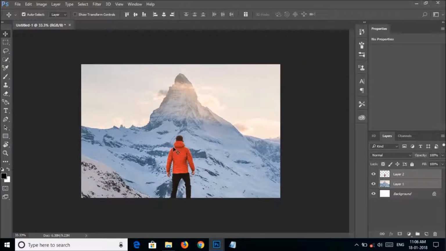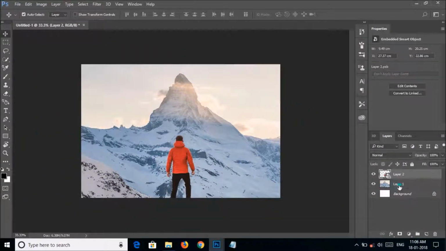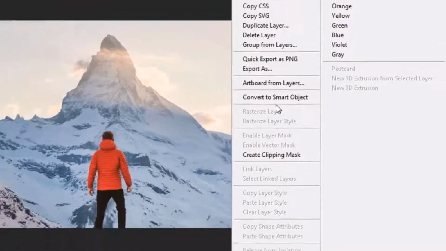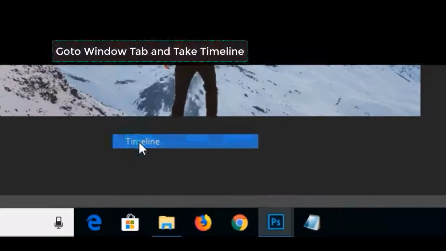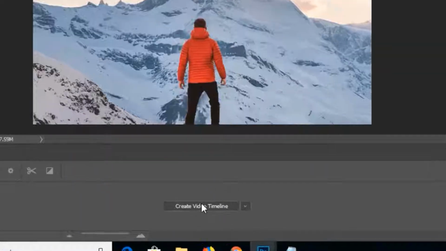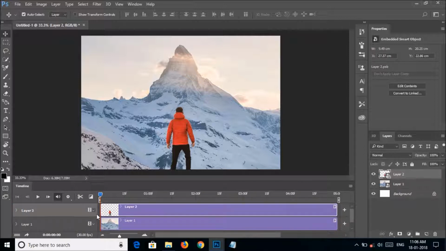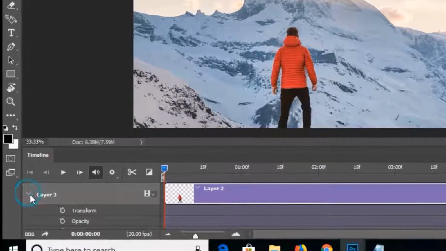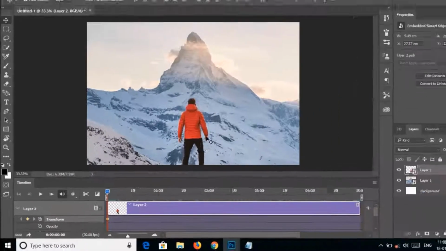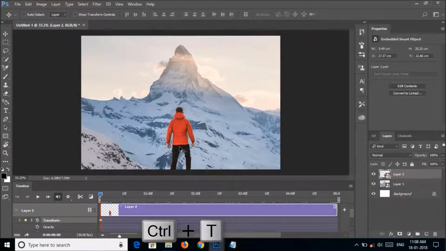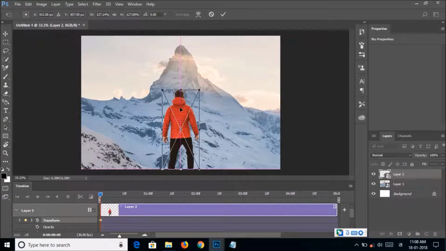Now right click on your layers and convert them into smart objects. Go to Window and take Timeline and then create video timeline. Take layer 2 and click on Transform. Now hit Ctrl+T on your keyboard and then adjust the image